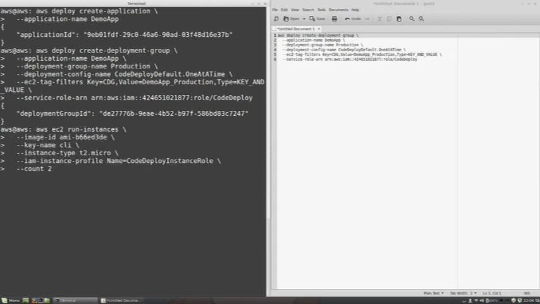So we're just calling AWS EC2 run instances, the standard instance run stuff. I am giving it an AMI ID. Now this is the standard Amazon Linux AMI ID. You can use any AMI that you wish. And then I'm also passing a key name, so I'm able to SSH into the boxes. I'm going to make them T2 micros, and then this is kind of the key thing, is that instance profile